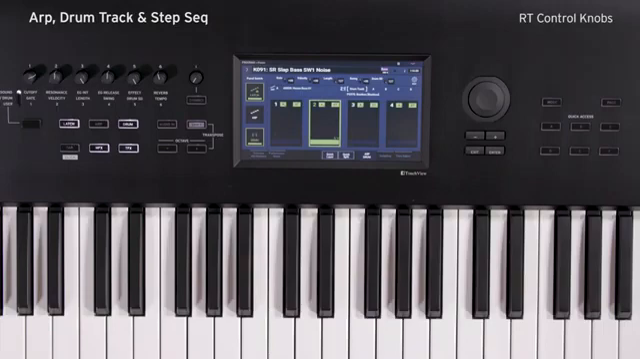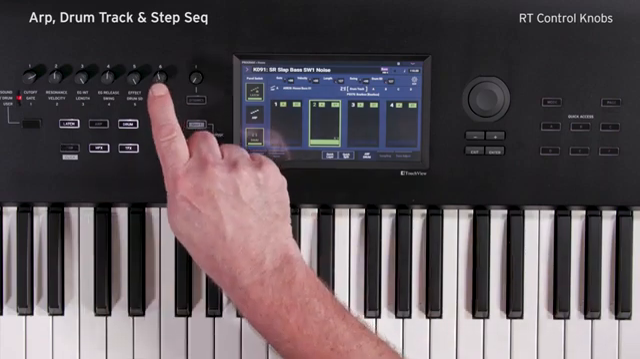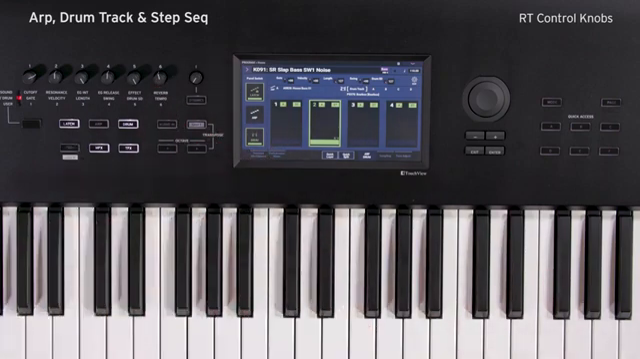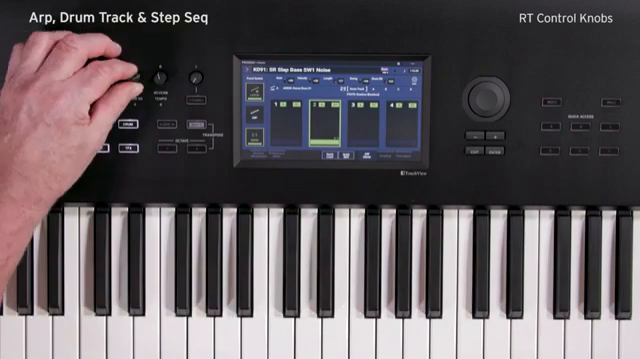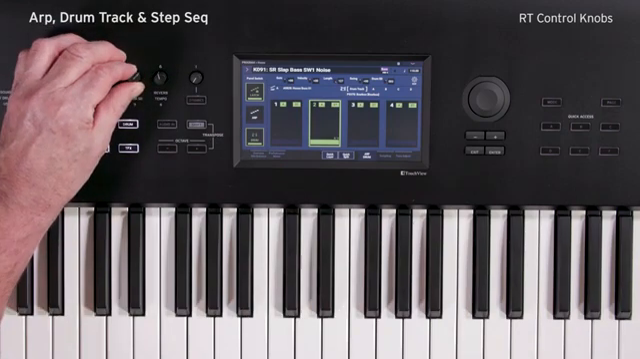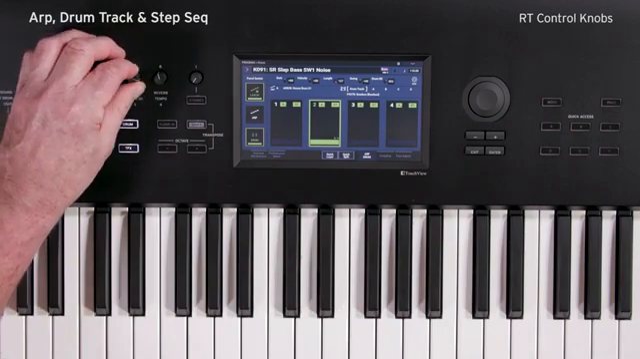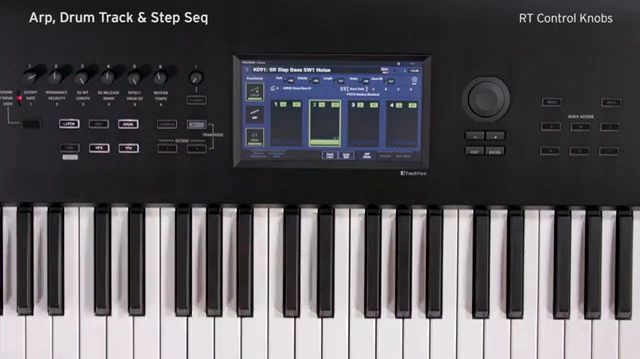Set the RT control knobs to ARP and drums. Of course, the tempo can be adjusted using either the tempo knob or the tap tempo button, but you can also use this knob to choose from different snare drums. And adjust the swing as well. Turn off drum track. The drum track patterns are pre-programmed MIDI patterns, but you can easily create your own drum